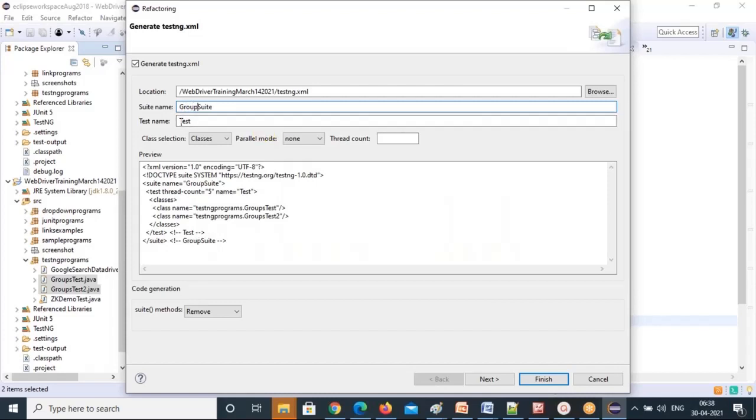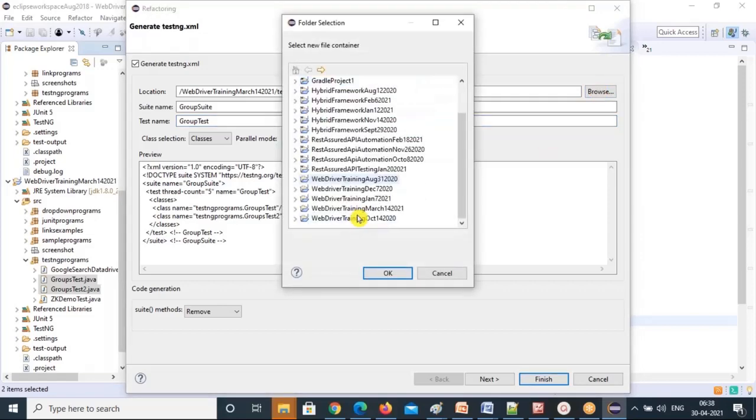With the same folder, a subfolder will be created under that test output folder, group test, group suite. We have parallel mode; don't take anything, just leave it blank. And the testng.xml file I'll create under this package, the testng programs package.